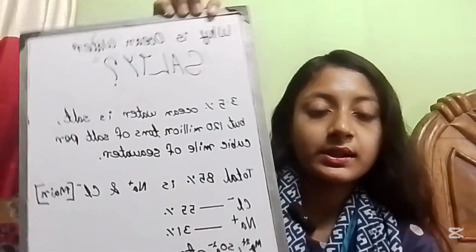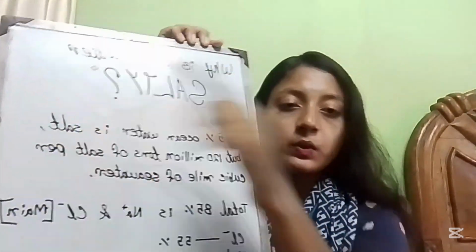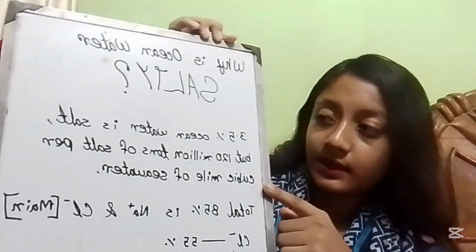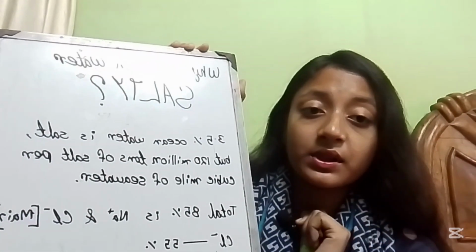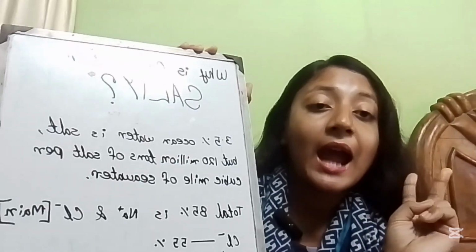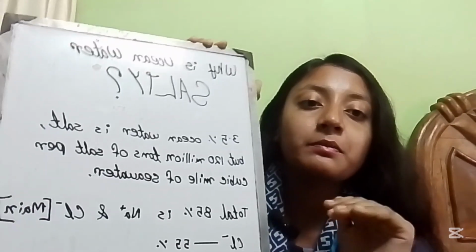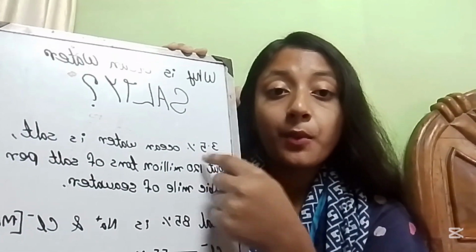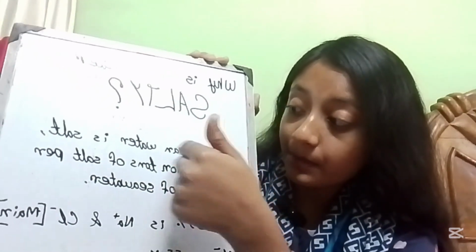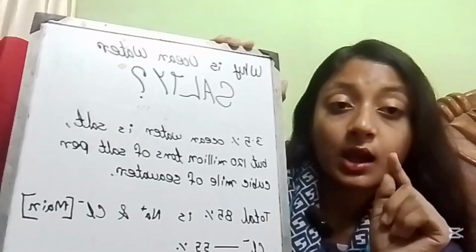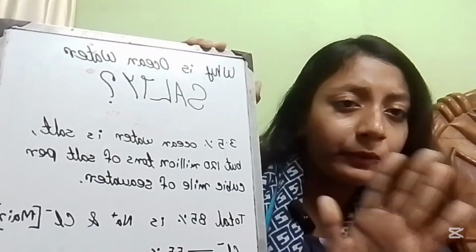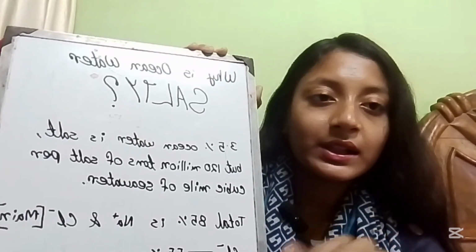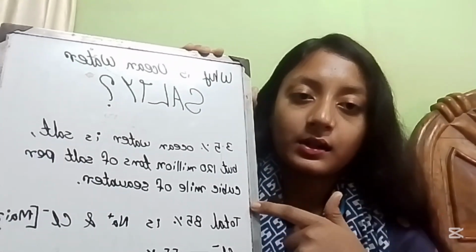So right now, let me give you a summary. Here I have written some points. I hope this is clear. So why is the ocean water salty? Here you can see, I have told you that 70% of Earth's surface is covered by ocean and 97% of Earth's water is in the ocean. But 3.5% of ocean water is salt. Yeah, but this is true. If you can't believe it, that's why I've written it down, because I'm not telling it by myself. I have studied it, and after that I'm telling it.